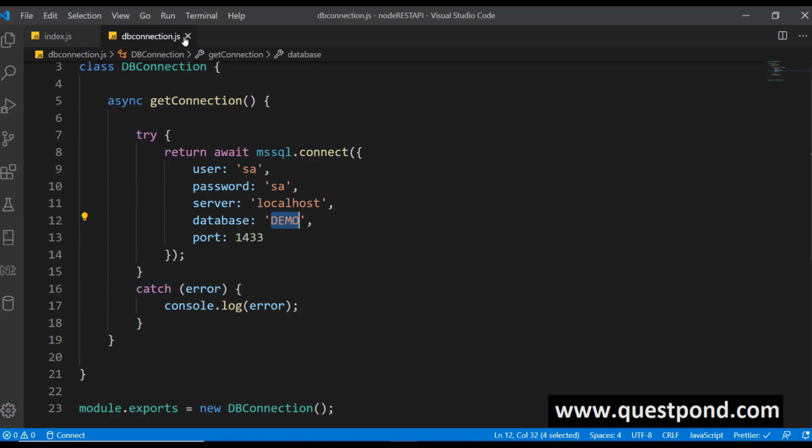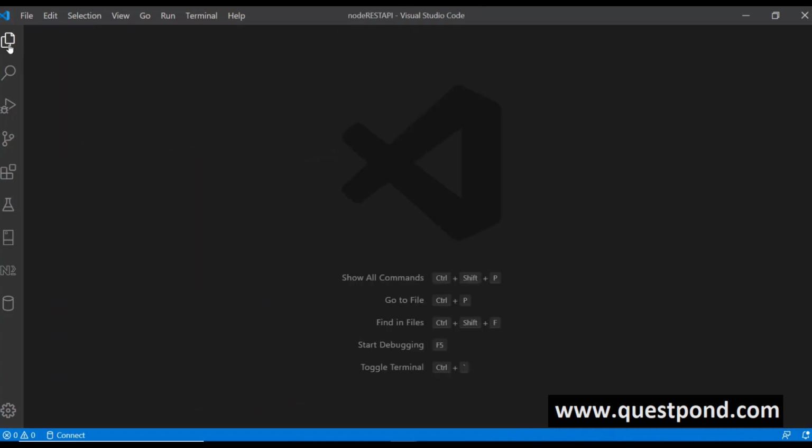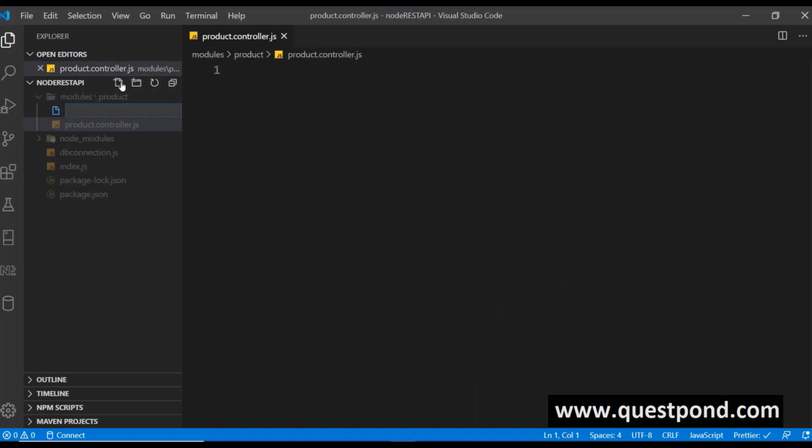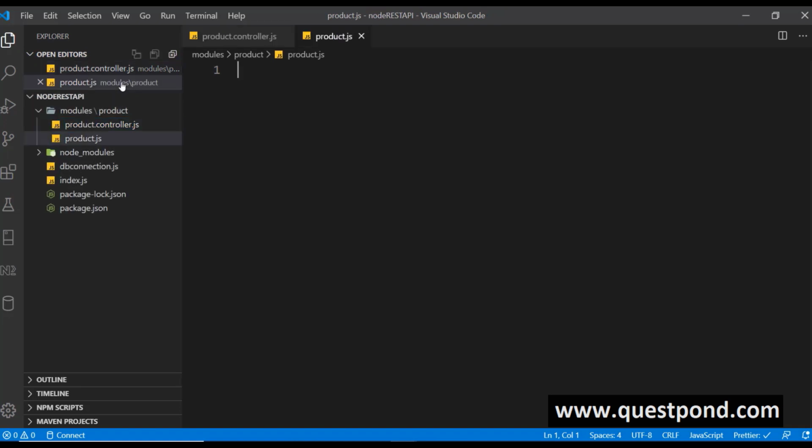dbconnection.js. Now as a next step, I'll open up my solution explorer and create one more directory, I'll name it modules, and inside that modules we need to create, let us say, one more directory, and I'll name it product. So I'll organize everything related to the product table inside that product module. So inside that product directory I'll create a product.controller.js. Then again I'll create one more file, product.js, and the last file is